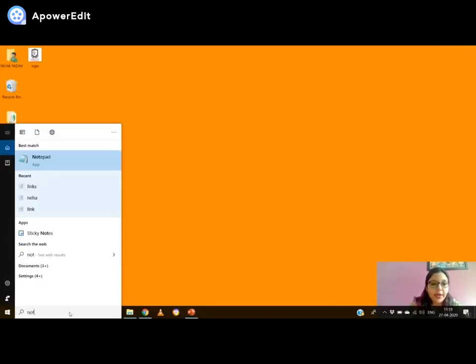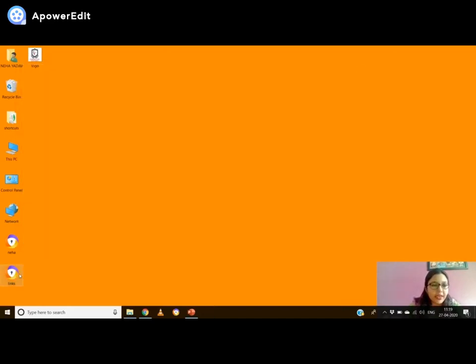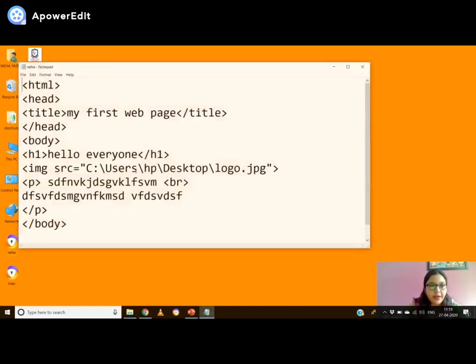So I'll again open my notepad for this thing. All right. Or rather than writing the same code again and again, let us open the previous one only and we'll update it, right? So open with notepad. So this is how you can make use of one file of notepad for inserting different things, right? So after this paragraph, let me put one enter. Let me maximize the screen.